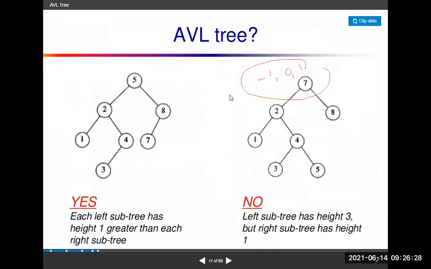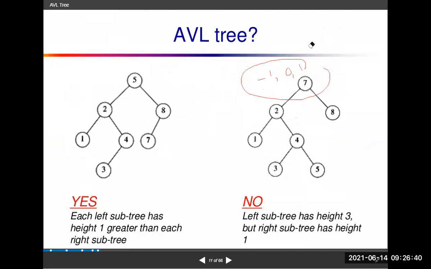Okay. See here, is this an AVL tree or not? Just check the balancing factor. How do we check the balancing factor? One minute, students. So what is the height of this tree? See here. At this level, left is 0, right is 0, 0 minus 0 is 0. Balancing factor is 0. Here, left is 1 node and right is 2 nodes. 1 minus 2 equals minus 1.